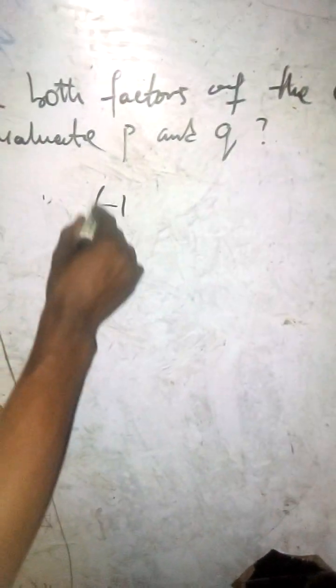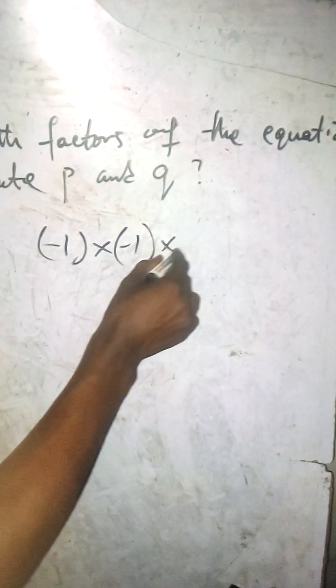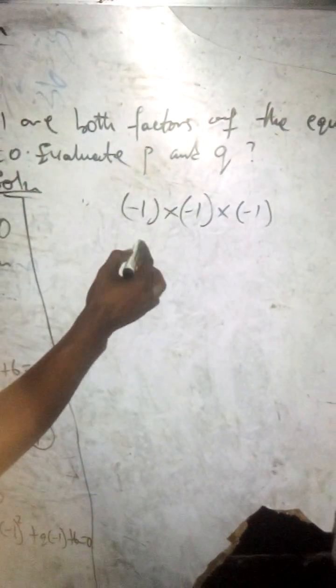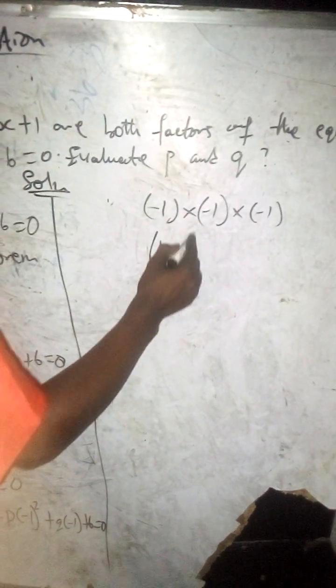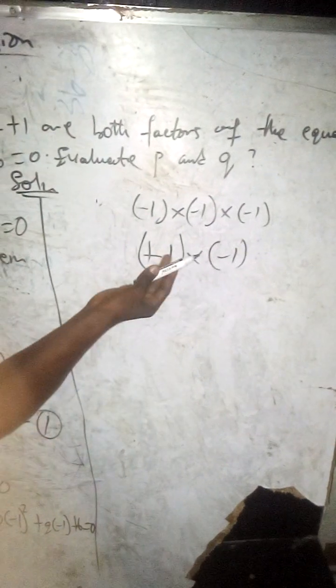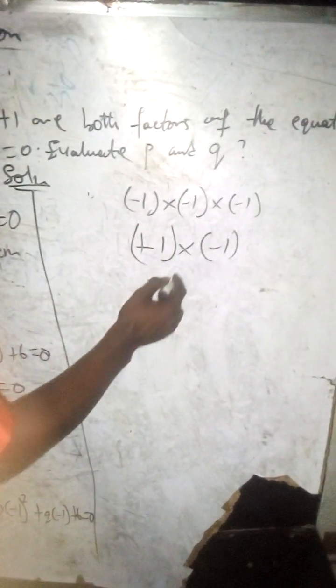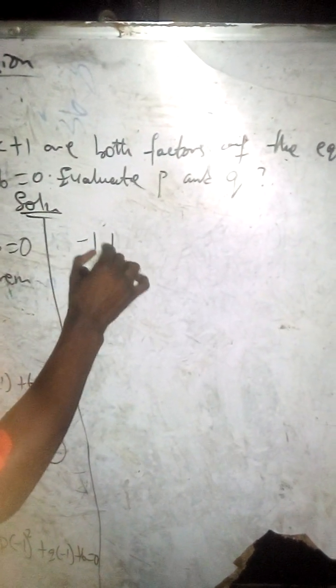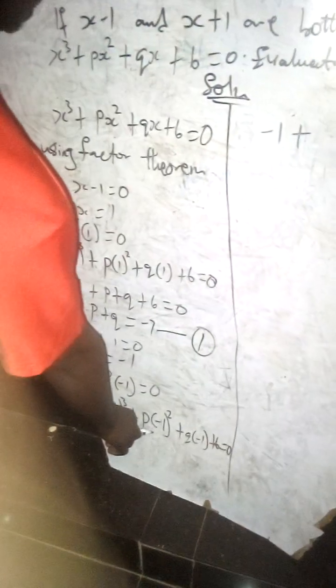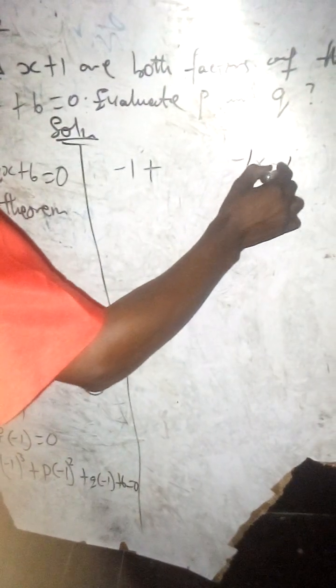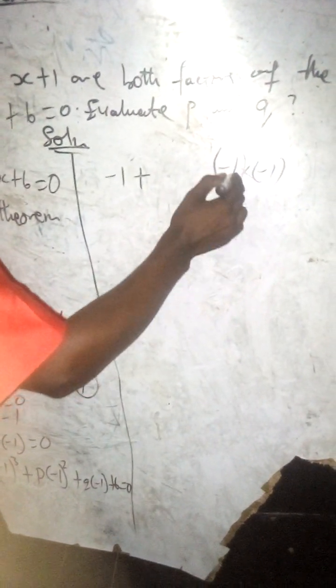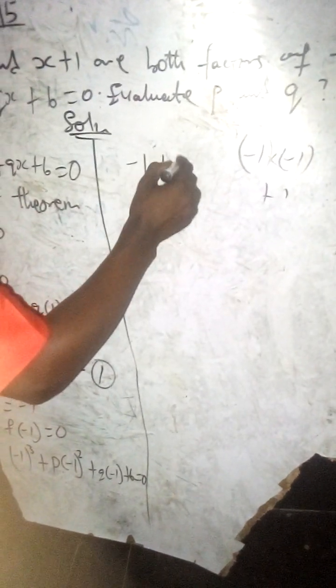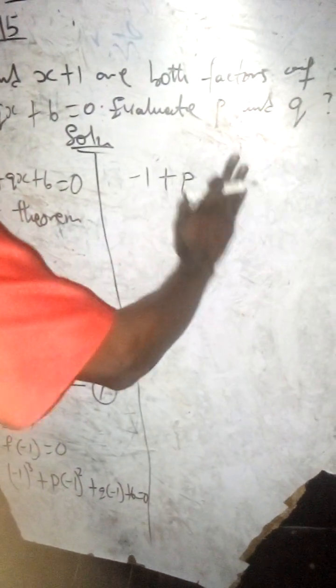Now, minus 1 cube is same thing as saying minus 1 multiplying minus 1 multiplying minus 1. We all know that minus times minus is plus. 1 times 1 will give you 1. Plus 1 multiplying minus 1 will have that plus times minus will give you minus, and 1 times 1 will give you 1. That is to say, minus 1 cube will give you minus 1. We now have minus 1 plus minus 1 square is as saying minus 1 times minus 1. Minus multiply minus will give you plus. 1 multiply 1 will give you 1, which is p, because p multiplying that 1 is same thing as p,